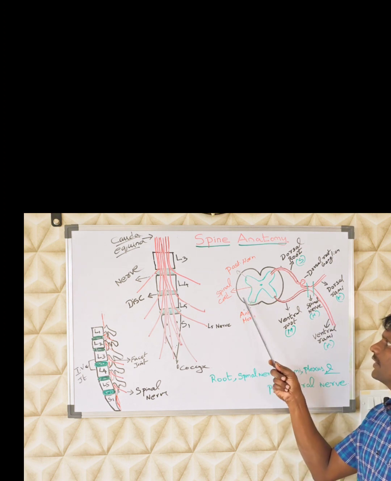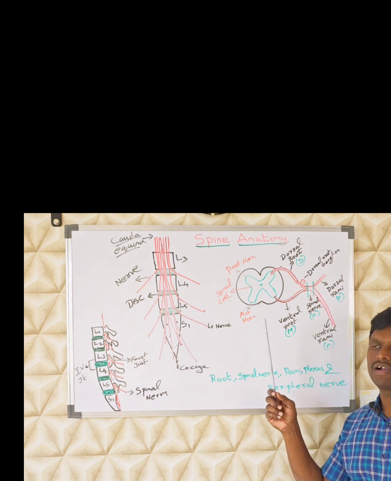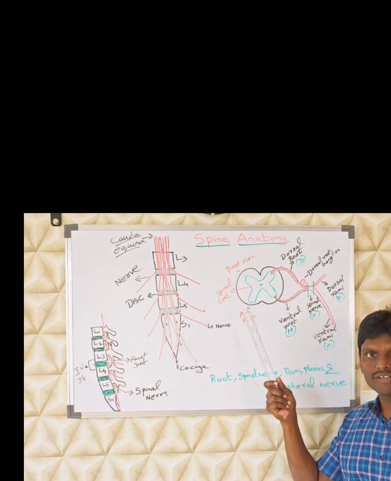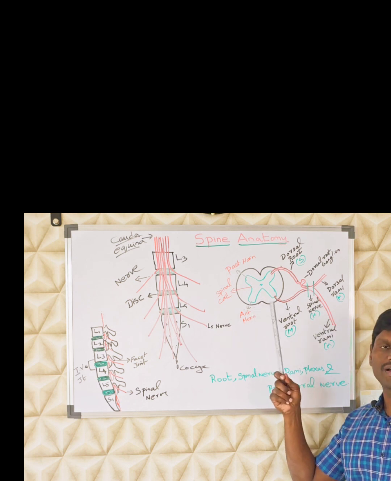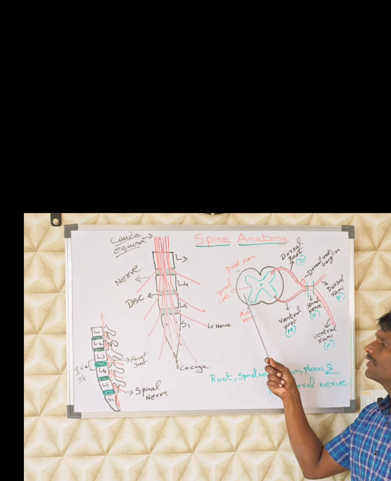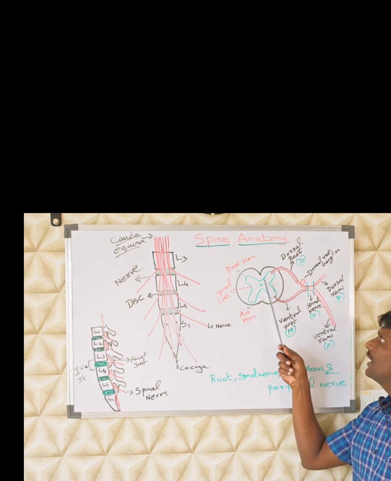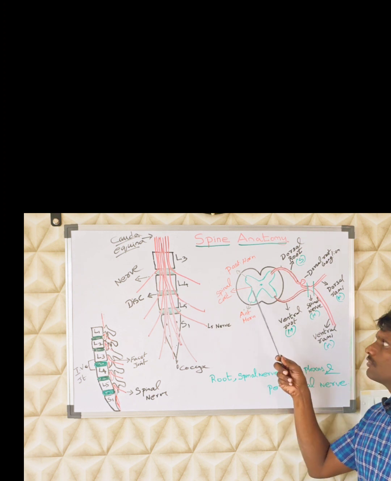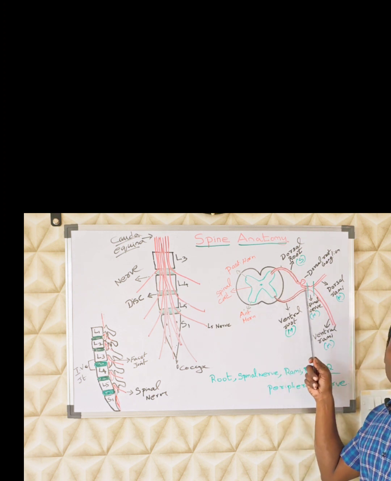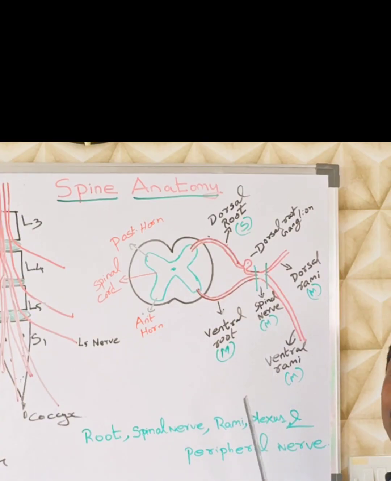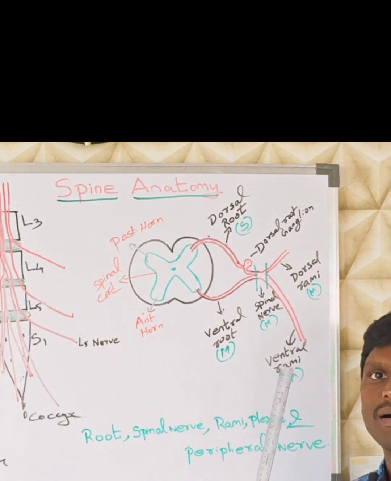The anterior gray horn is nothing but an amalgamation of the motor nerve nuclei. The cell bodies of all the motor neurons are located in the anterior horn. So this mostly represents the motor aspect, and the posterior gray horn mostly represents the sensory aspect. The motor is always efferent. From the anterior horn cells, the impulses go downwards via the alpha motor neuron